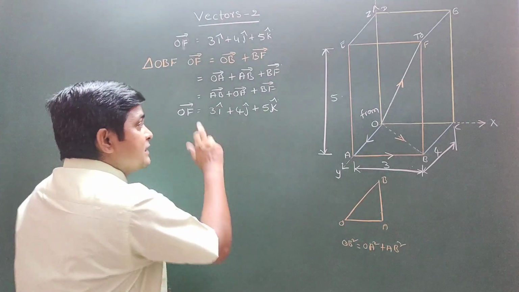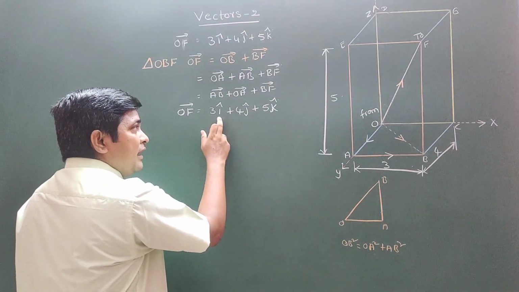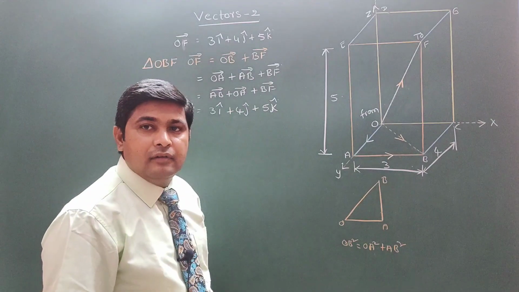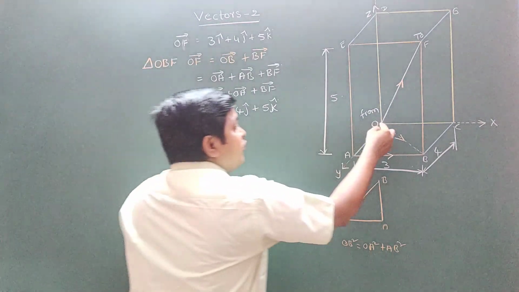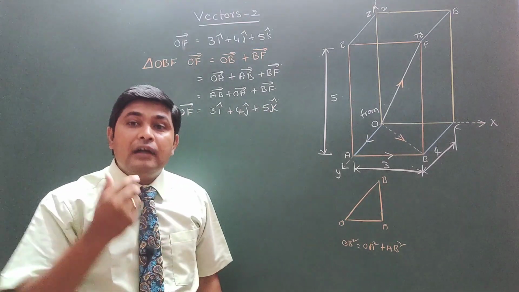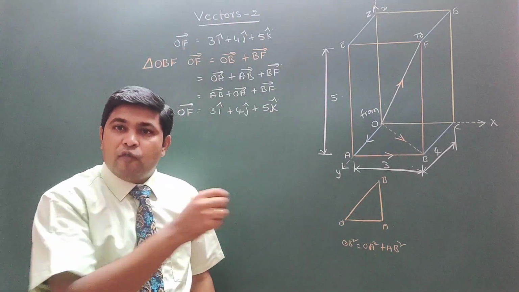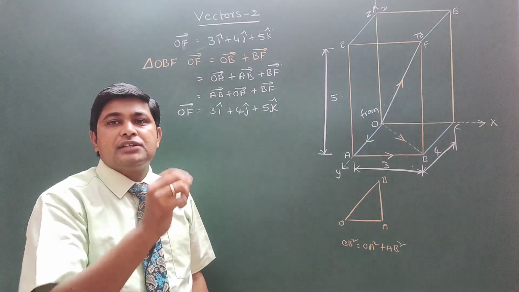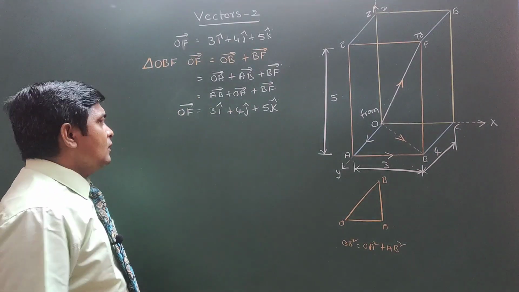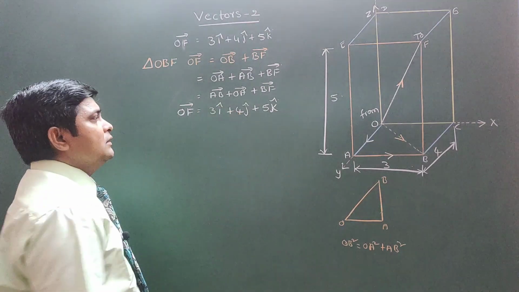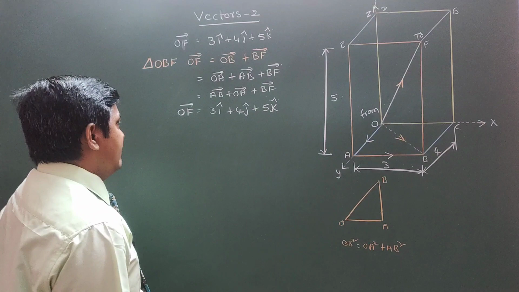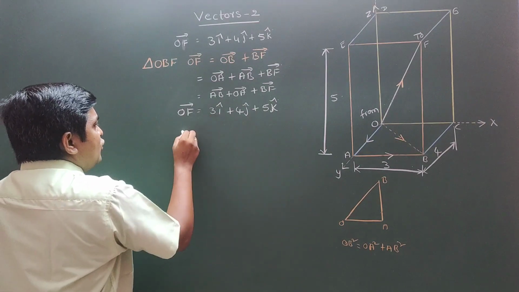So that's why from X, 3 magnitude. From Y, 4. From Z, 5. Whenever it is moving from O to F, these are the magnitudes covered by the mosquito in the X direction, in the Y direction, in the Z direction. That gives us OF bar equals these 3 magnitudes. Okay, so a 3D vector. And now what is the magnitude of that?